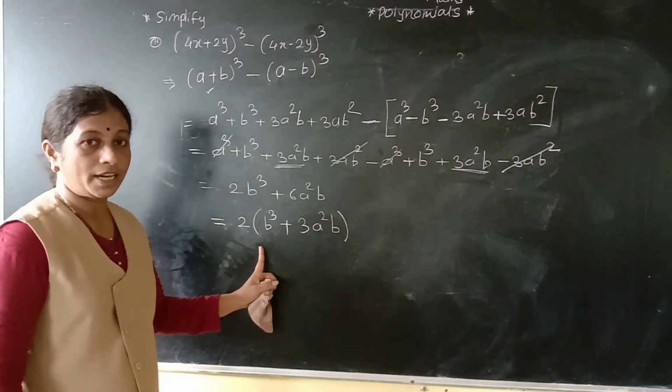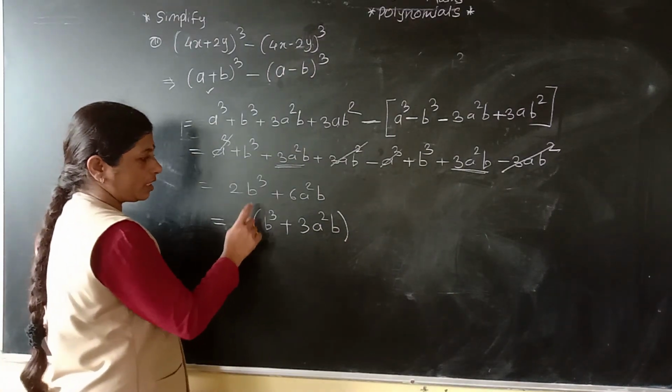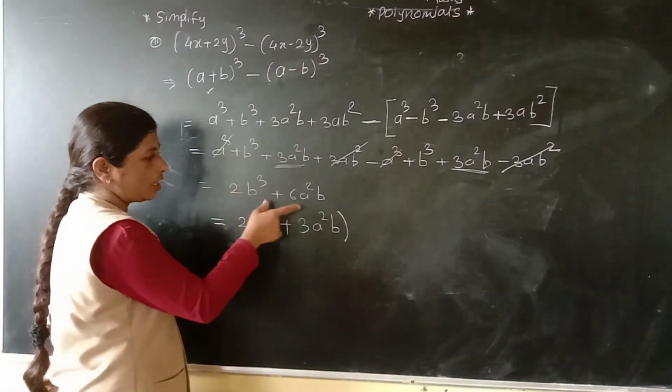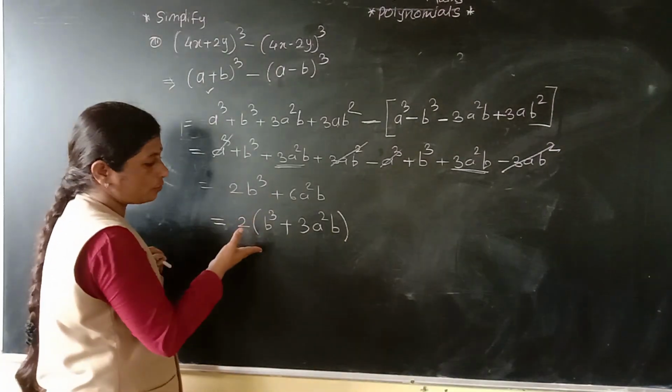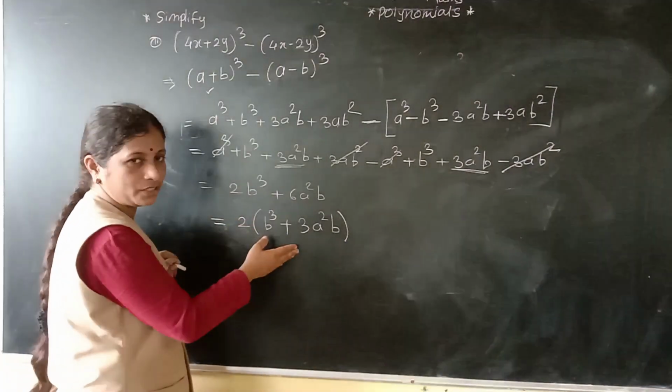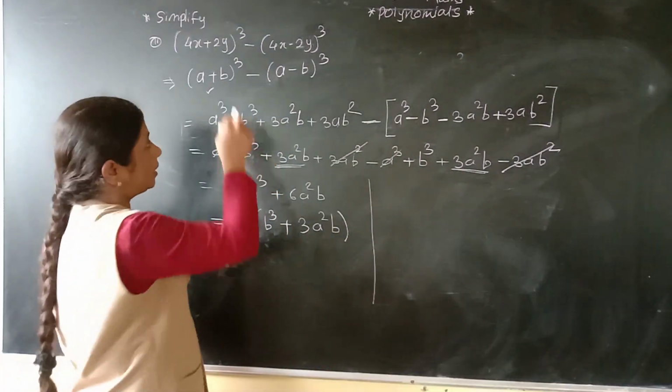Or we can take here b is also common because b is here in this term and this term also. Right, so in the previous example we had taken a common from this, so a different form came, so there we have taken 2a outside. So in this also we can take it, or we can keep it as it is. Okay, now we will solve this example which depends upon these identities.